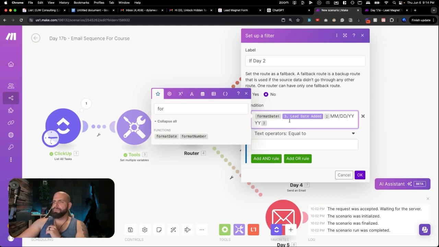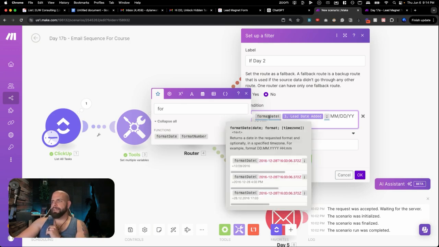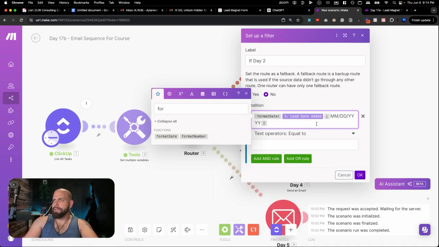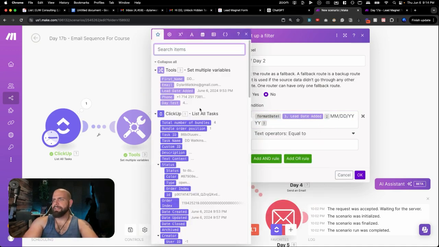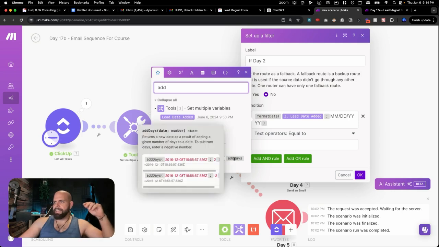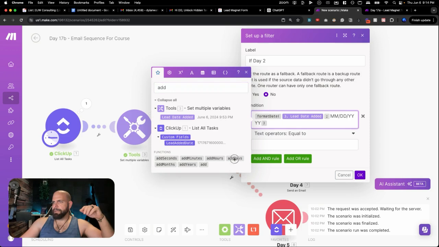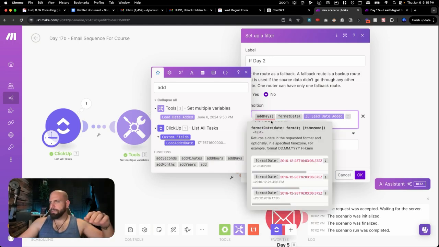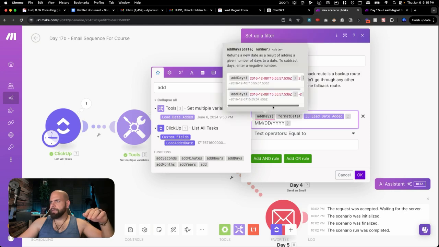And then we're going to want to add another variable on top of this. I'm just going to show you what this looks like. We're not going to use it today because we're going to use the test date instead. We're going to do the add day function. So you see right here with this add day function, I'm going to add this in here. And what this does, and I'll scroll over it so you can see the way it works, is we would use this for this add date function right here. And you can see here across the top, we can add in either a -2,